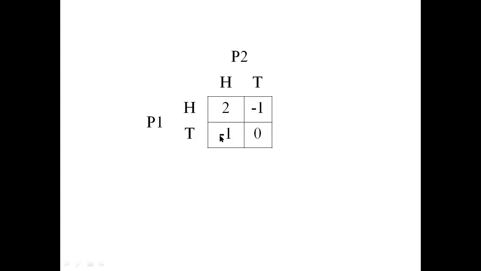Once again I remind you, the game will always be in favor of player 1. If the values are positive, that much value is won by player 1, and if the payouts are negative, it means that much amount player 1 loses. So here, as per the statement given in the problem, if both the coins show opposite, then 1 rupee will be lost by player 1. The same thing is written here also. Head and tail, and tail and head, will make player 1 lose rupee 1.